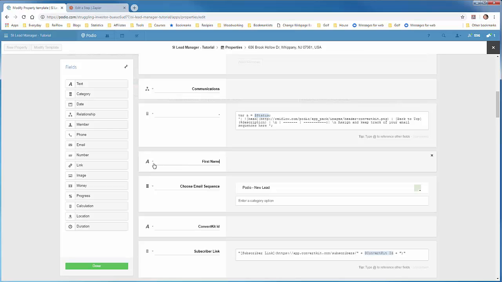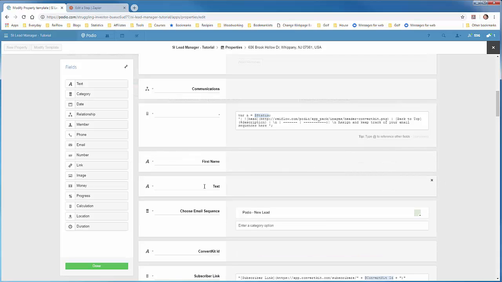So we'll say first name, make sure it's single line, because when it's multi-lined, the name comes with HTML tags and everything within the text, which then you have to try to remove, and it's a pain. Single line does not have that. You have first name, last name,